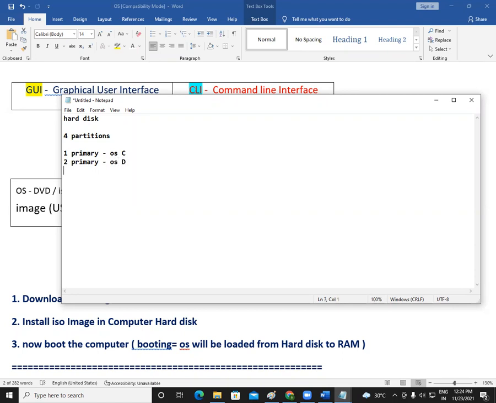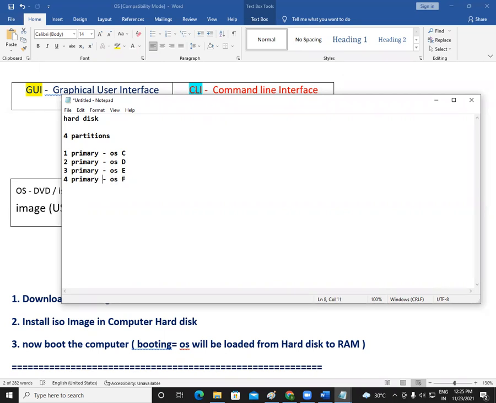If you make the third partition also primary, this is the E drive, with some other OS. And suppose the fourth is also primary, also for your OS. C, D, E, and this will be F. So we have 4 partitions here. That's it. Now no more partitions are possible.